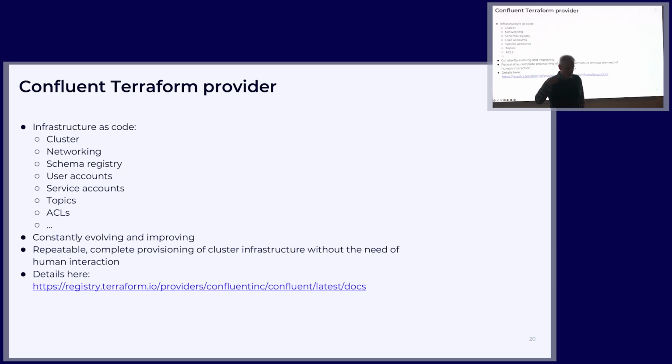In Confluent Cloud, the Terraform provider that we provide can do everything. It can create the clusters, it can create the topics, it can create the permissions on top of that. It can spin up connectors. It can even upload new connectors, as we will need that in a moment. So that thing is constantly evolving. I can barely keep up with the latest changes in there, and sometimes they are breaking. This is a pain. But typically, you can use the older versions for a while. But if you try to keep up to date, you have to change it almost every week. It's almost as bad as AWS.